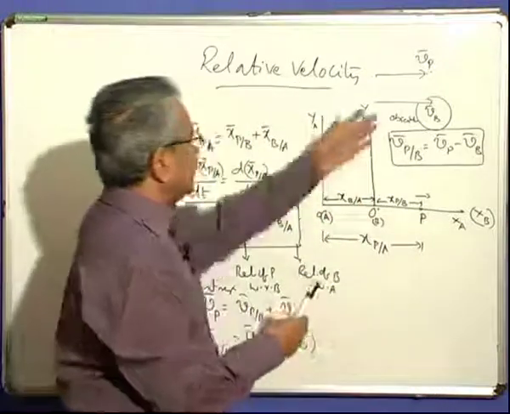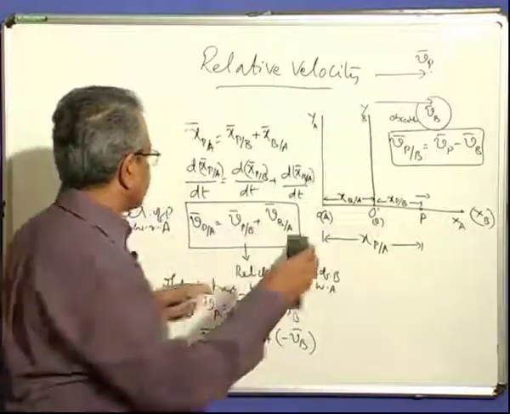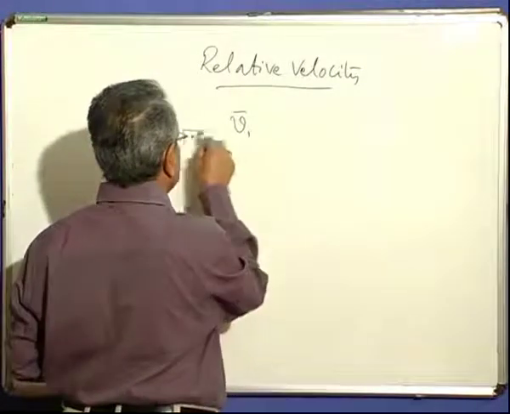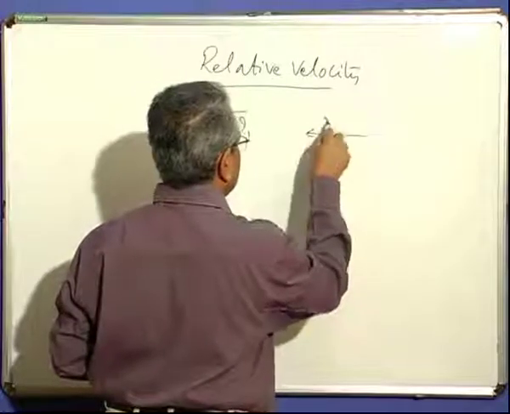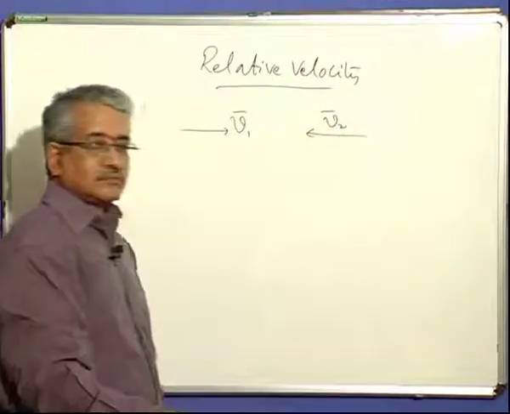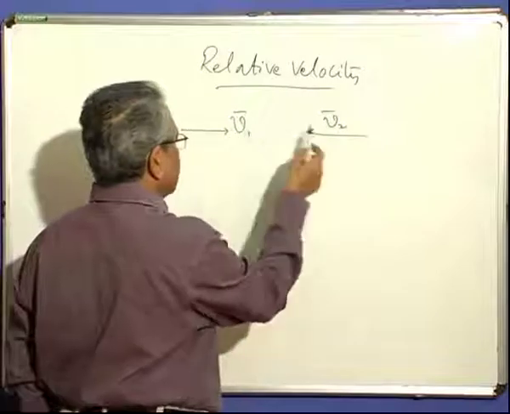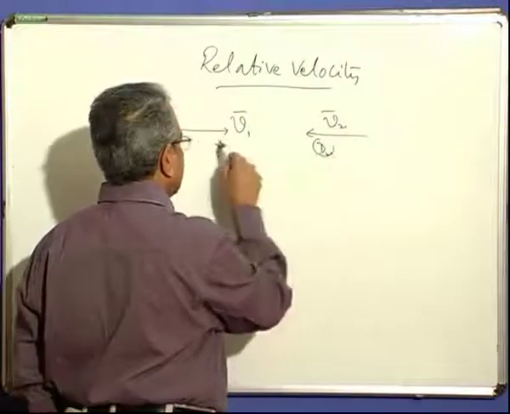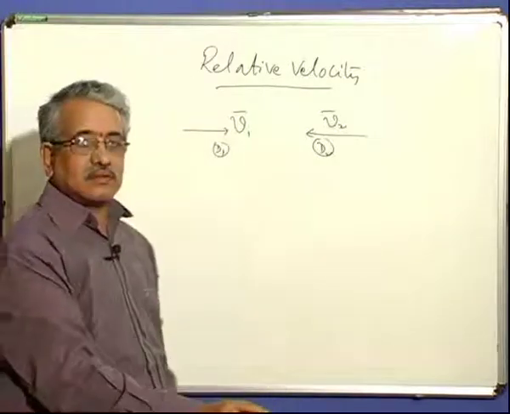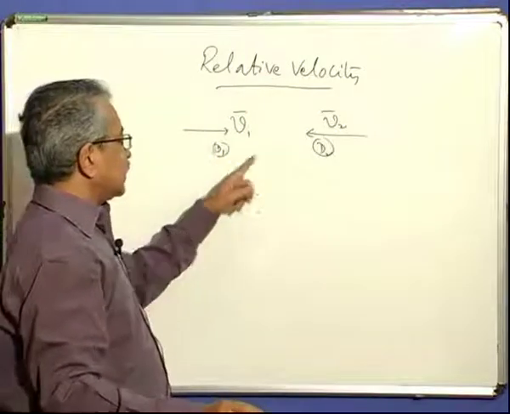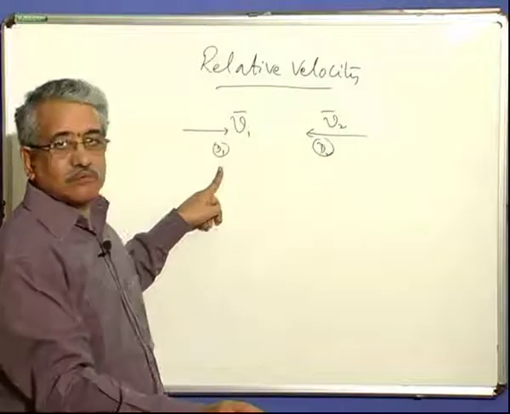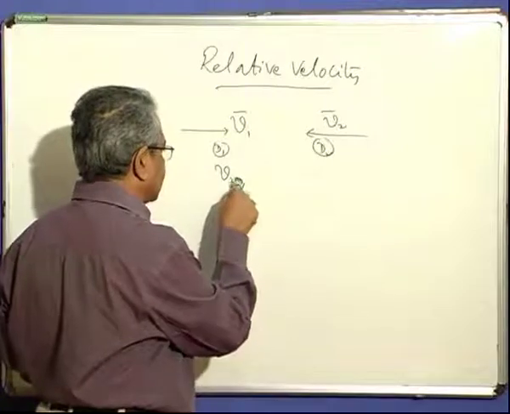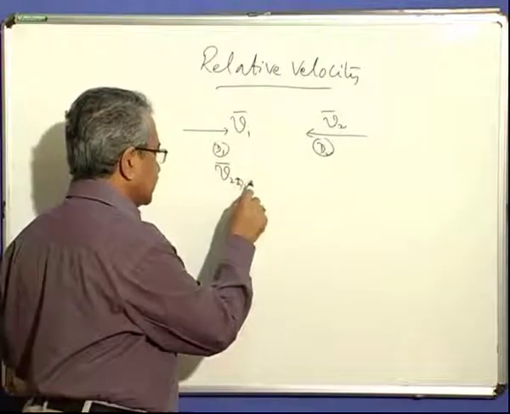You take the example of the cars only again. Suppose there are two cars now moving, one with a velocity v1 in this direction, another with another velocity v2 in the opposite direction. Then what will they observe? There is an observer here, there is a driver here, there is a driver here also. What will be the observation of driver 1? He will find the velocity of this body as observed by him only. So we will get the velocity of the second body with respect to driver 1. That's what he will see.